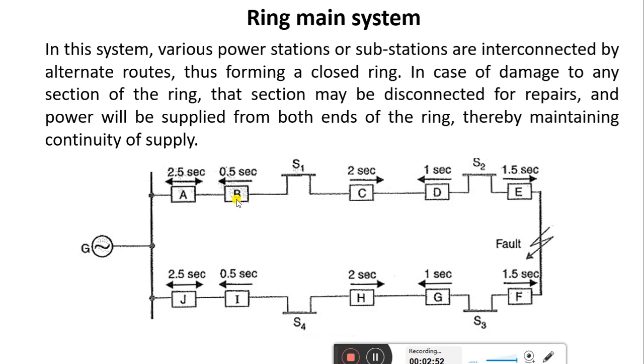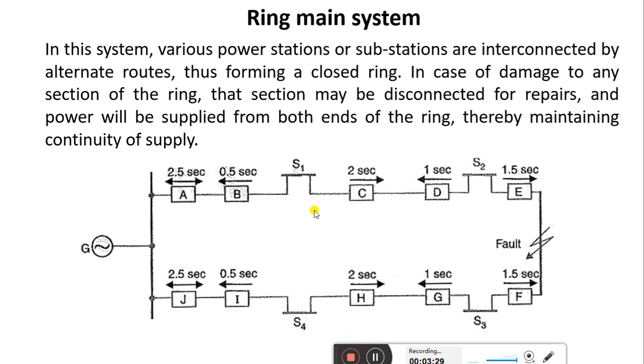Now let us see this relay B. B has an arrow in this direction. It means whenever the power flows in the direction indicated by this arrow, only then will this relay operate, as per the time setting given to this relay. Similarly, just see relay C and D, where arrows are also marked and accordingly the time setting is given.